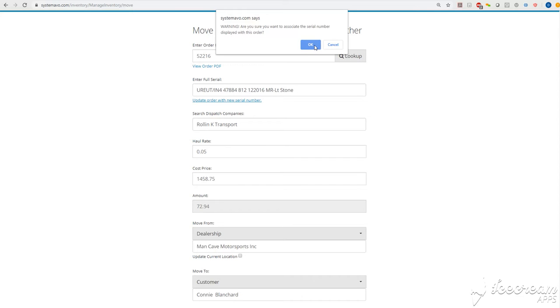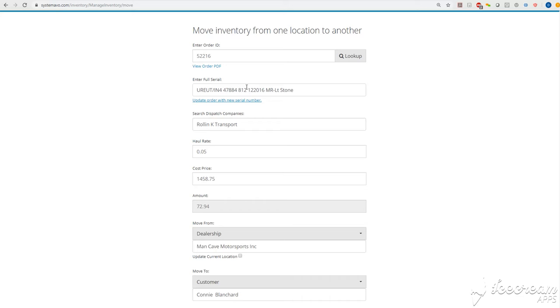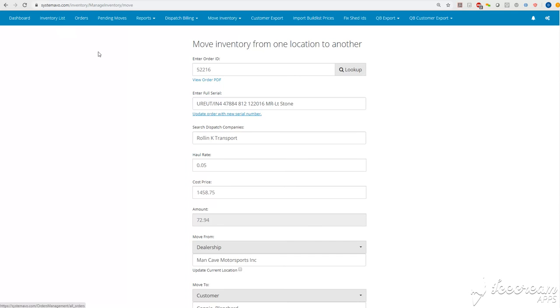I'm not going to actually do this since this is live, but when you do this, it's going to pop up a new field, and you enter the serial number that you'd like it connected to. When you type it in, you would then hit OK, and it will update the serial number both on the system and